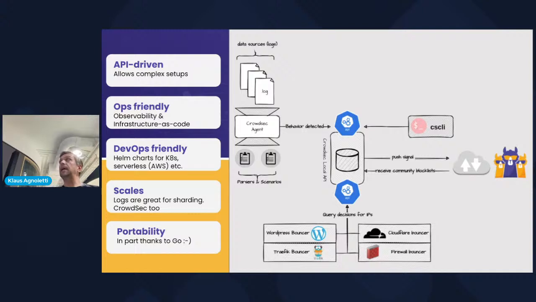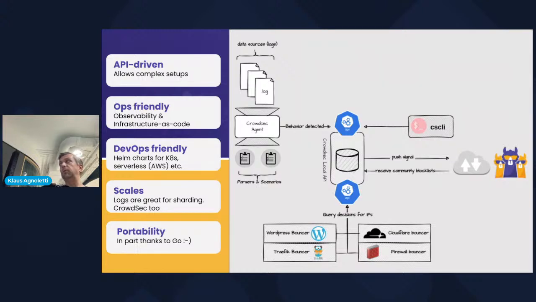CrowdSec is API driven. Everything in CrowdSec speaks together using REST API. The way data flows in CrowdSec is, on the left side, data comes in, then behavior is detected by the agent in the middle and the local API. The CrowdSec CLI speaks to the local agent using API.